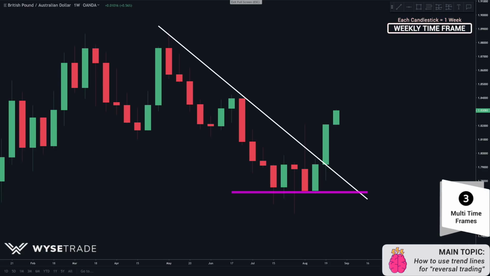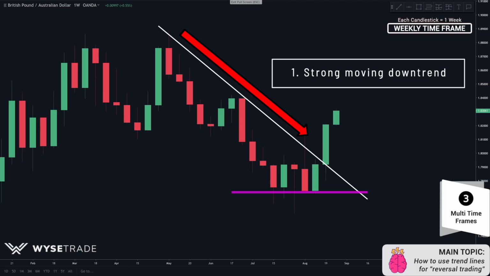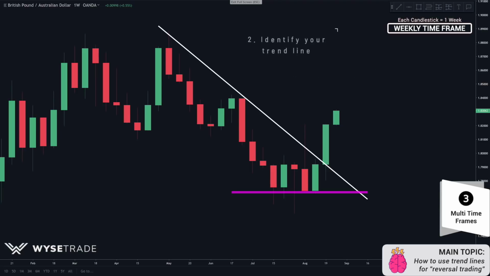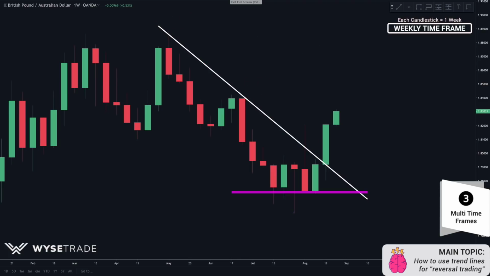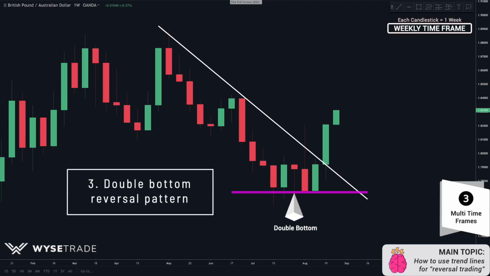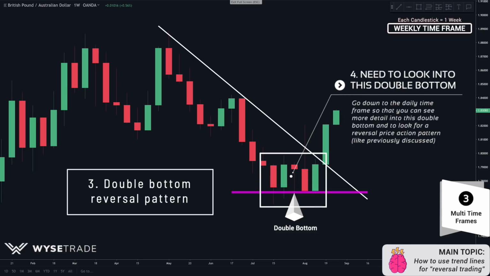So here on the weekly timeframe, what you would have first identified is that this was a moving downtrend. You then identified your trend line through these 2 points here. You would have then identified this double bottom through these 2 points here. So what you do is you want to jump down a time frame to the daily so that you can see more detail into the price action that is occurring within this double bottom and look for a trend change